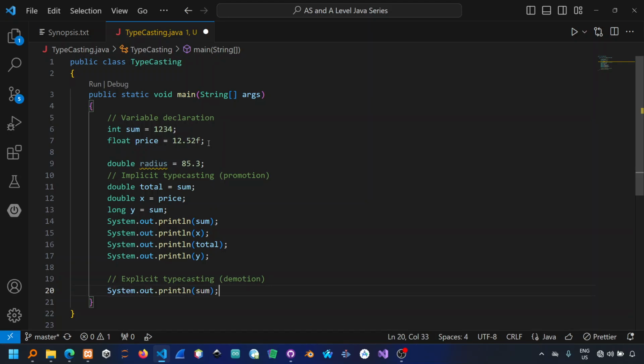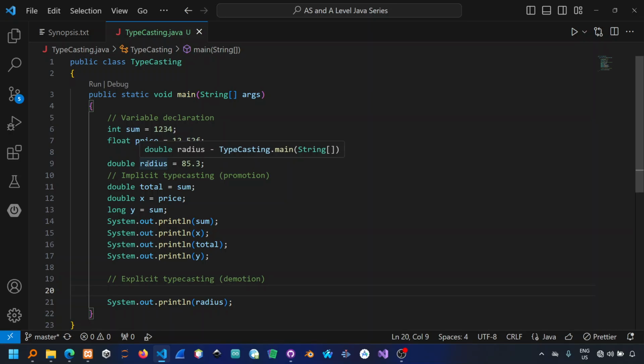Then we can just come here and say radius. But before we print the radius, we might realize that since we declared it as a double, maybe we are using a lot of memory for this particular program, or it's consuming a lot of resources, as it were. Maybe processing power, or maybe it might be memory. So maybe you want to demote this value from double to a float so that it uses less memory. So the way you can go about it is to say